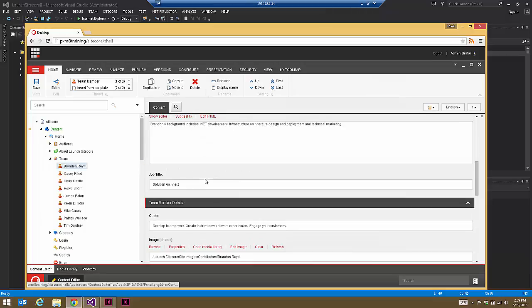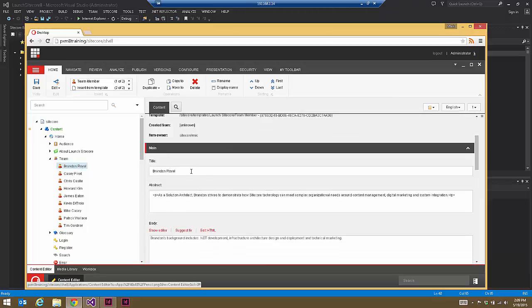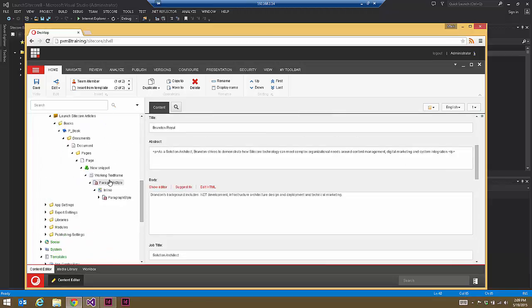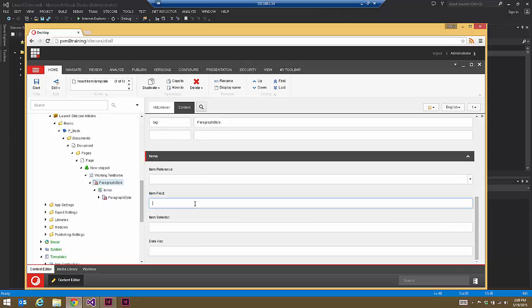Brandon Royal, the item field that we want is first his title. And so it's good that we confirmed this because it could have been name for that matter. And similarly, we want to be able to get the abstract information as well. And so let's do that. We'll go to our paragraph first here, and our item field is now